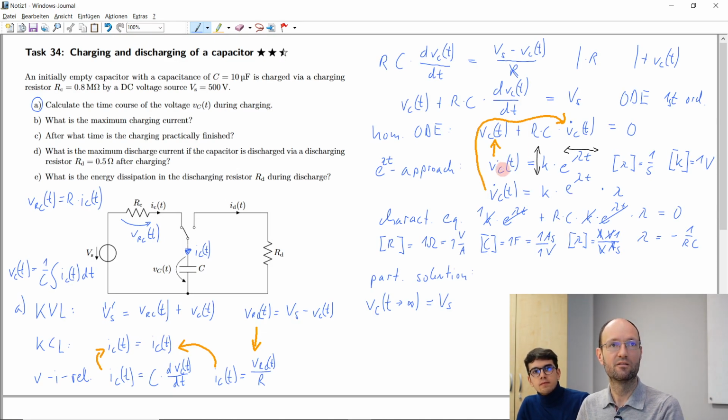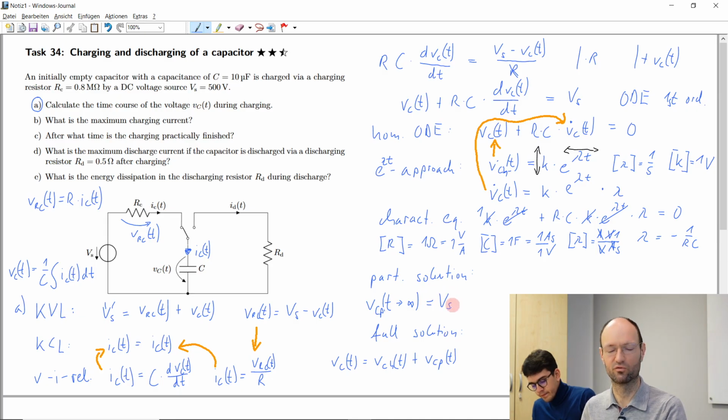So let's say this is the homogeneous solution of the homogeneous equation. This is the particular solution. So now we can write down our full solution, a little bit like with the superposition theorem. We say the voltage as a function of time is the homogeneous solution plus this particular solution,